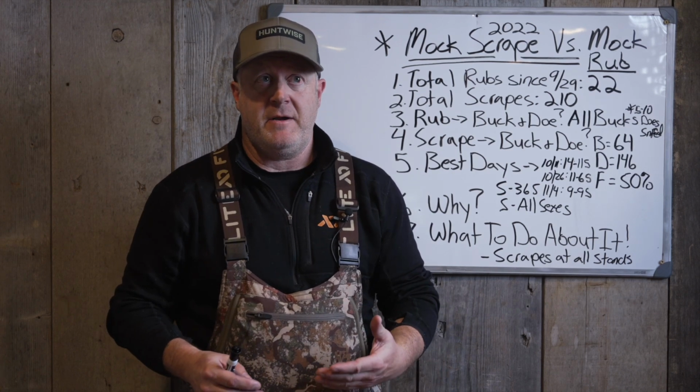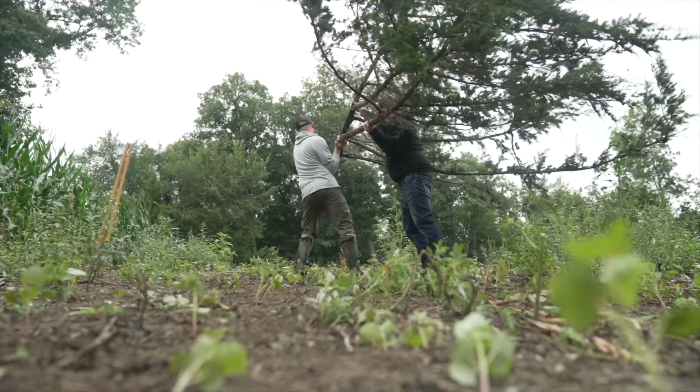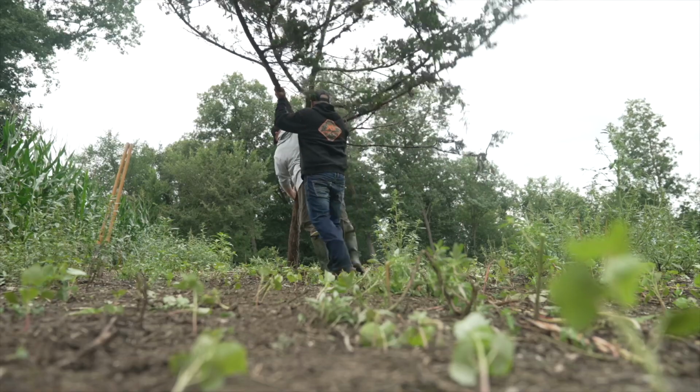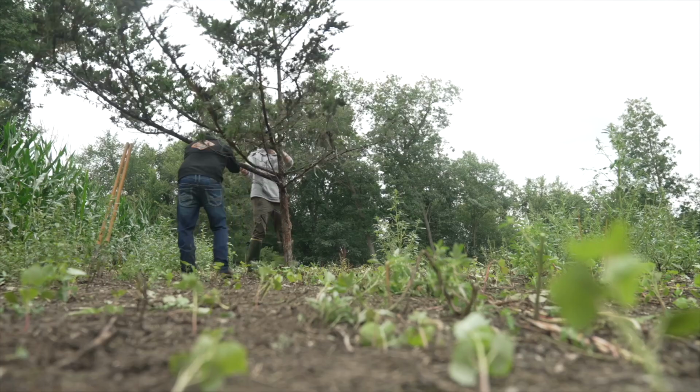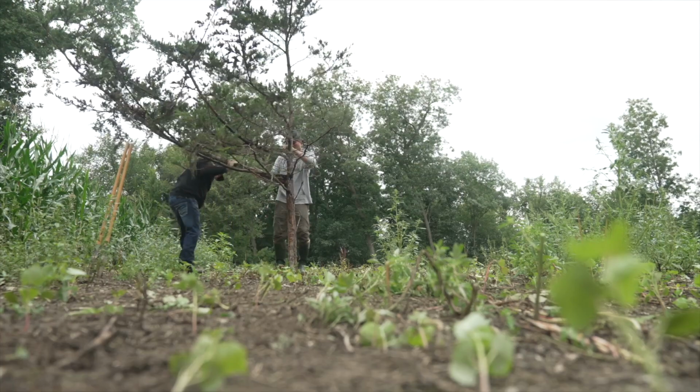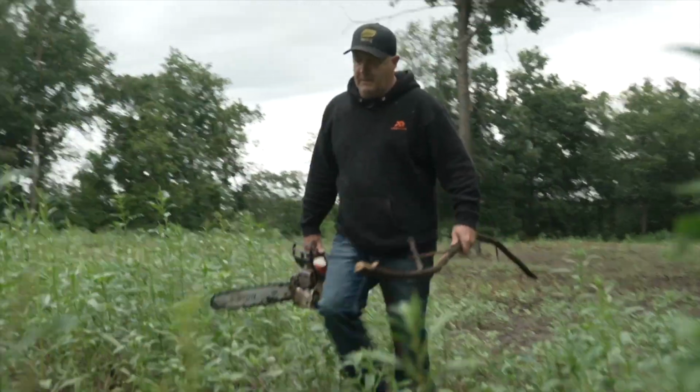And in fact, this right here, what we've done for the last few years, we pull a red cedar in, we trim it up so it can be rubbed if they want to rub it, and a lot of times it is, and then we put a mock scrape on it. And we did that just because we do it in front of all our stand locations. We'll talk about why. But now we got to this point in the year, it's November 28th, and we thought,